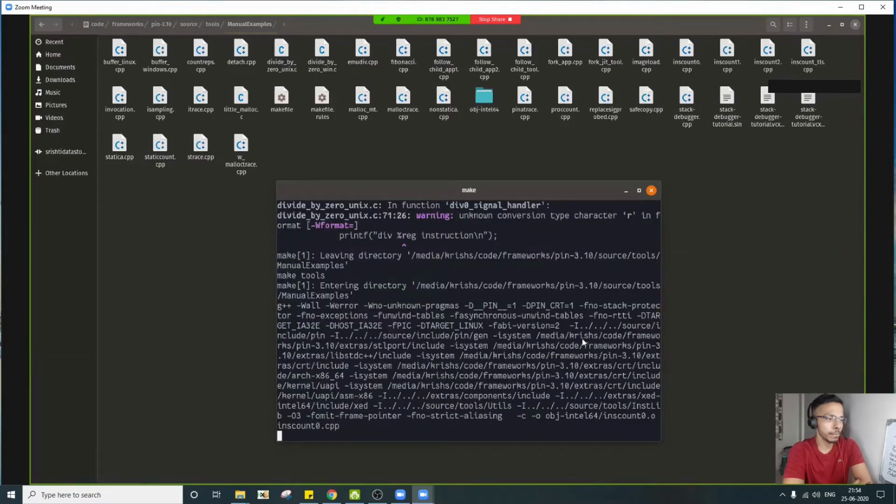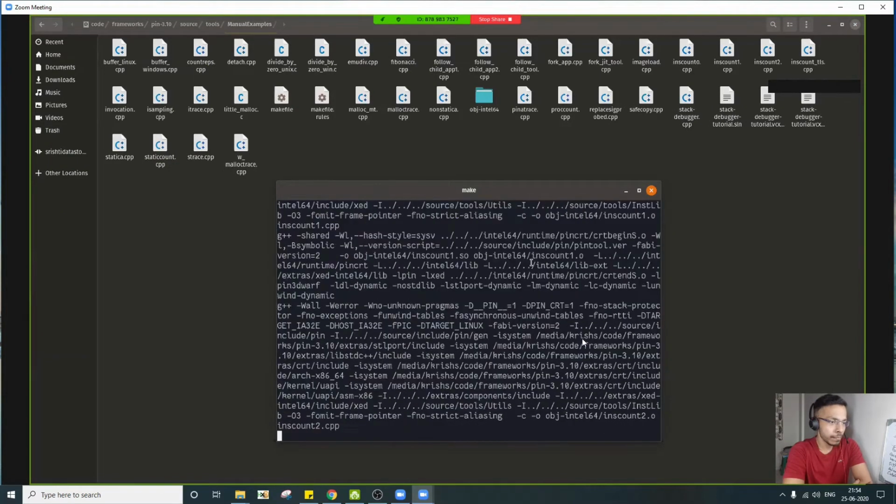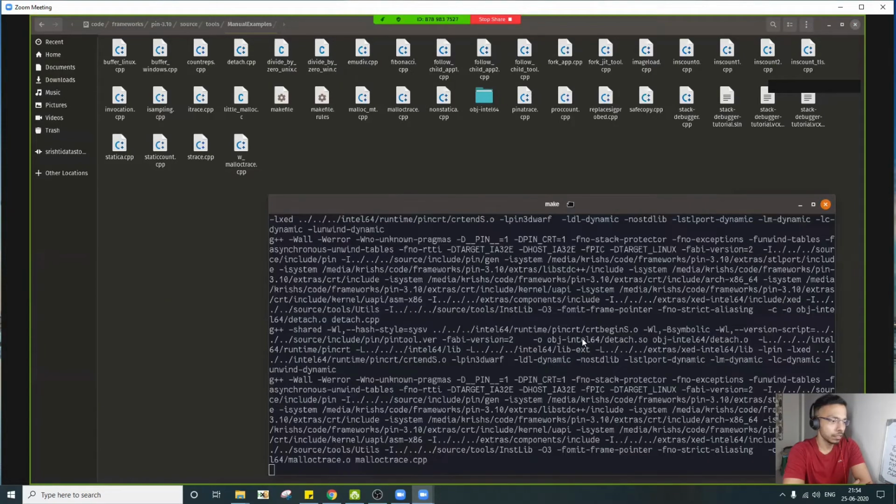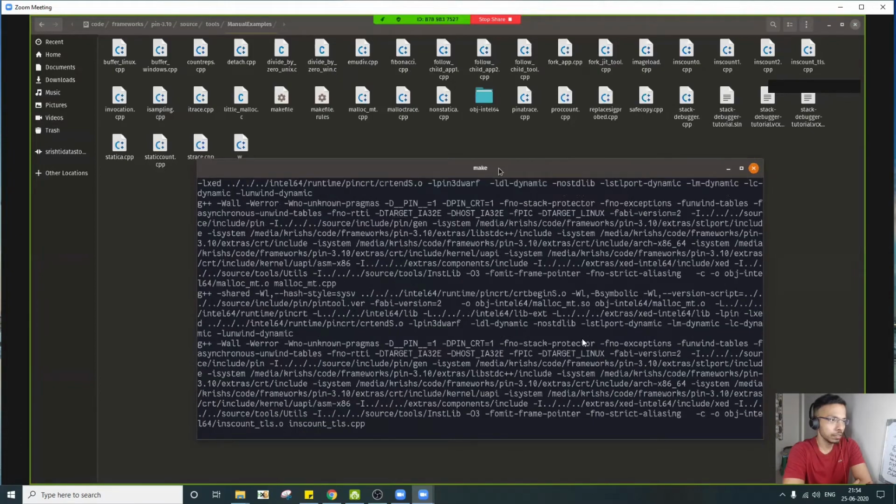Let's just run make and compile all these examples. So everything will be compiled all together. Yes, all the tools in this directory will be compiled.